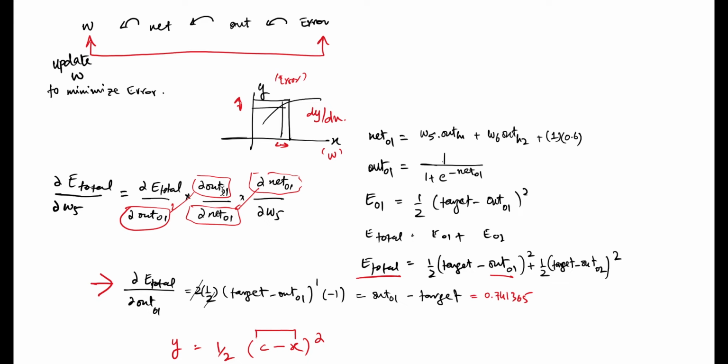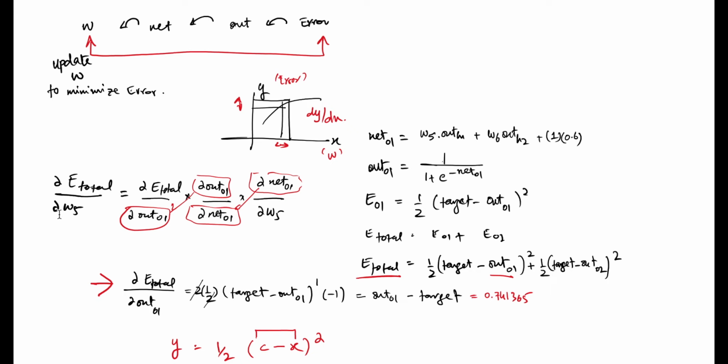When we look at out O1 and net O1, this is also a simple equation, the equation of our sigmoid activation function. Because net O1 is inside the exponential in the denominator, we could derive this and find out the answer to this partial derivative as well. And then we look at the error total with respect to out O1. Remember our equation for error total: this function had target minus the output at the neuron, squared, and then the same for the second one. Since we have out O1 and error total in this equation, we could derive this and find an answer to this, and multiply them together